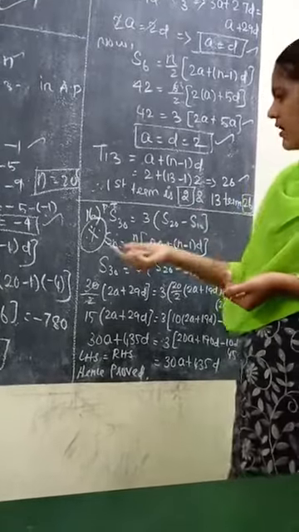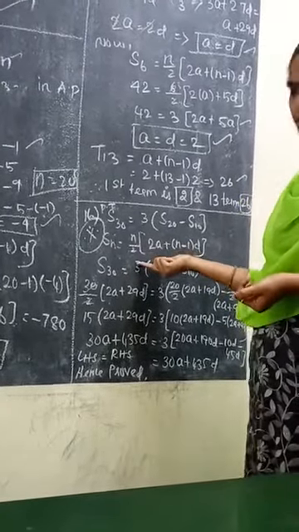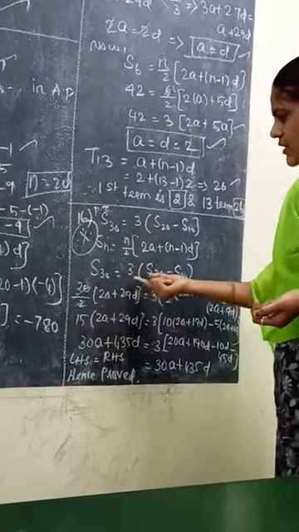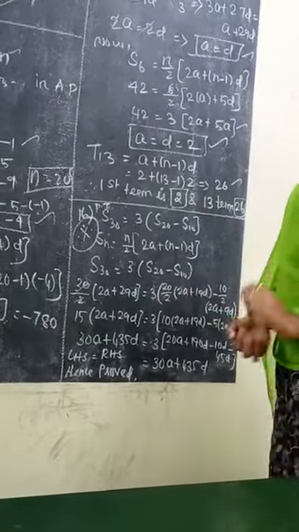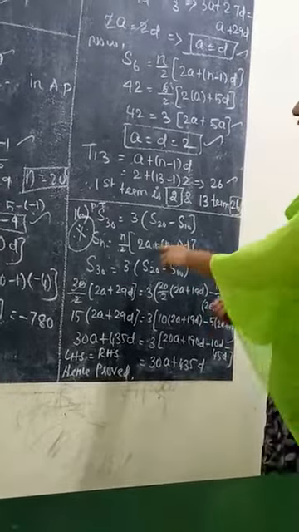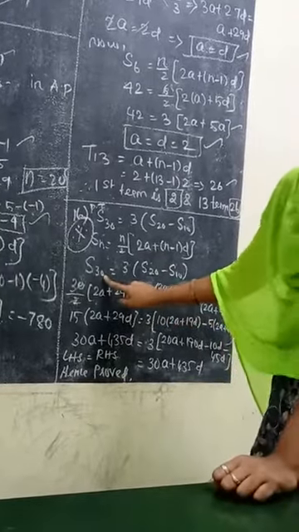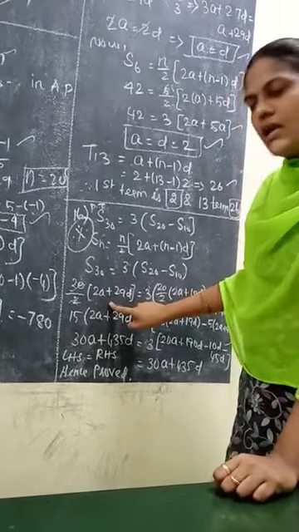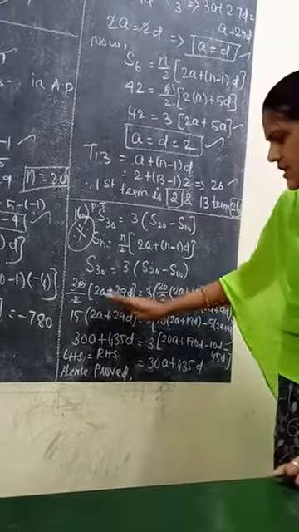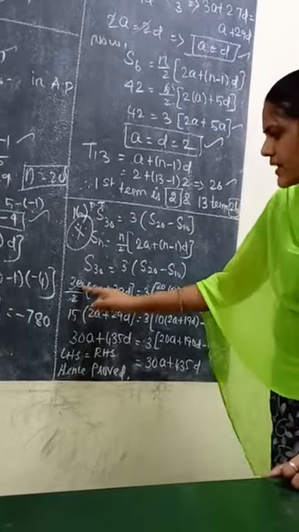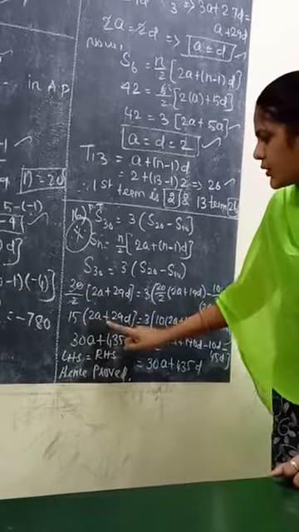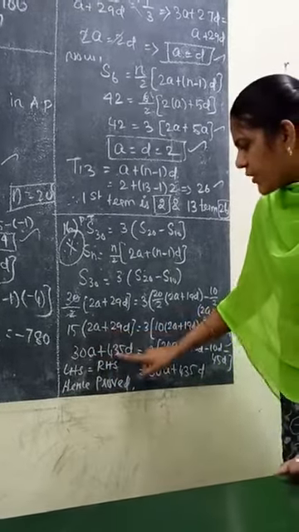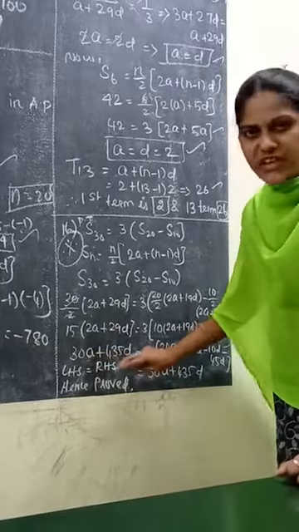It's a sum formula. So Sn equals n by 2 into 2a plus n minus 1 into d. What is the condition? S30 equals 3 into S20 minus S10. Simple. For both left hand side and right hand side we are going to apply this formula. So listen, S30, n equals 30. So 30 by 2 into 2a plus 30 minus 1, 29d. Now I am going to explain the left hand side. Next, 15 into 2a plus 29d. So 15 into 2 is 30a plus 15 into 29 is 435d. This is the left hand side.